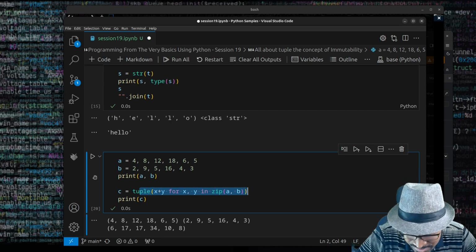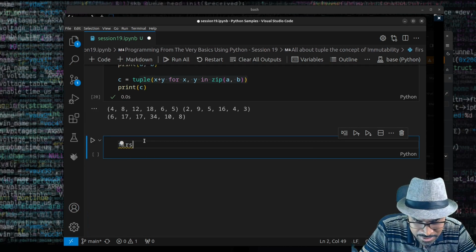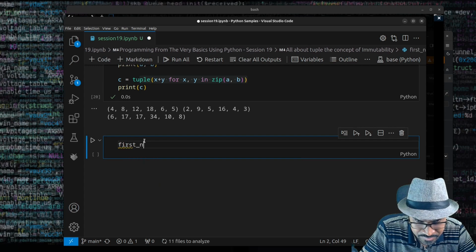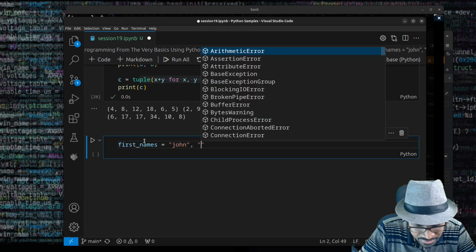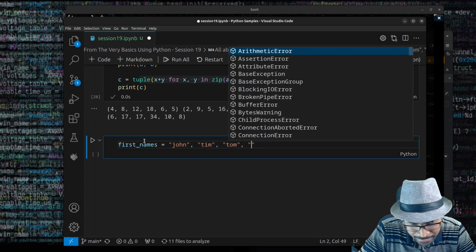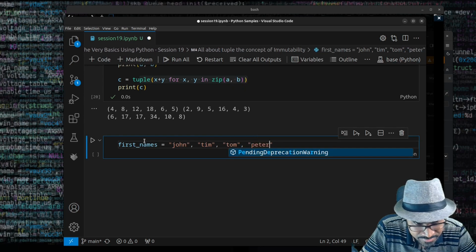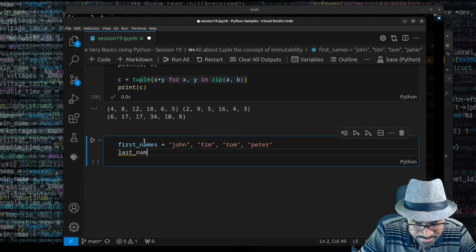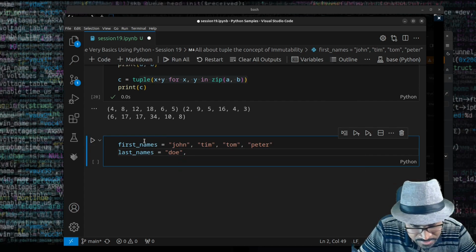So let's try this. Let's say we have two collections of strings here. Let's say we have first names in one collection. First names are, maybe let's use John, Tim, Tom, and Peter. And let's say last names are Doe, Jones,